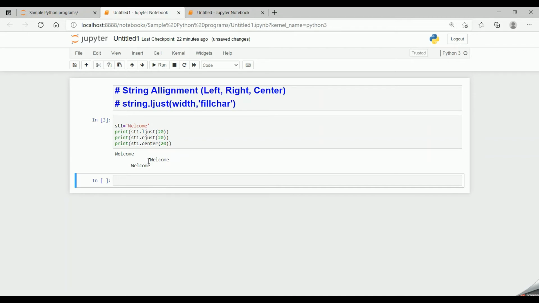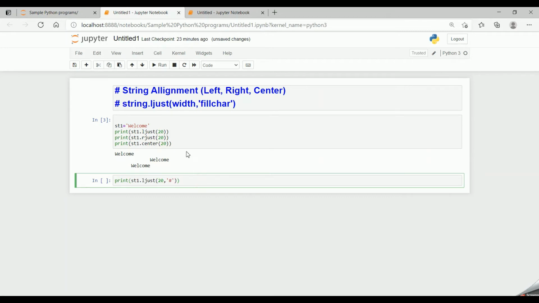This is without a fill character, so space will be provided for the remaining characters. Now let's see how it works when we give a fill character. If I say print st1.ljust, 20 comma, in quotes I specify a hash.